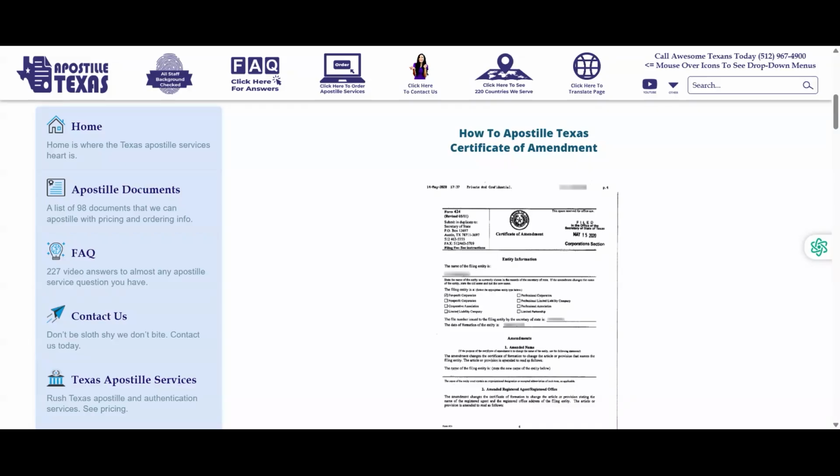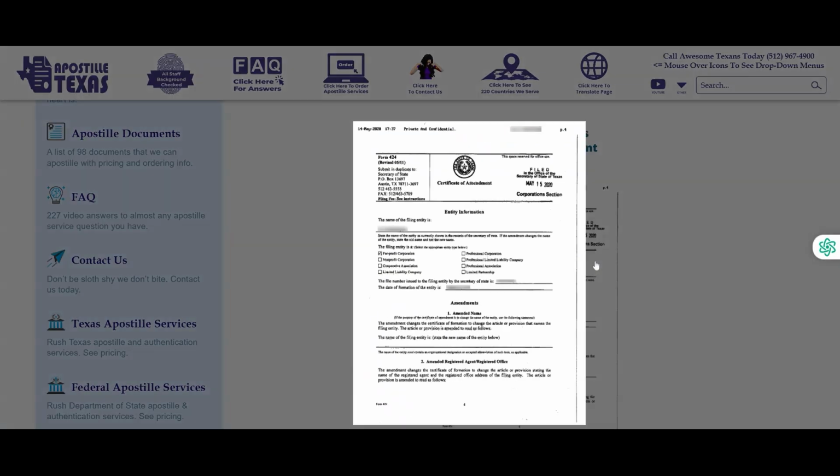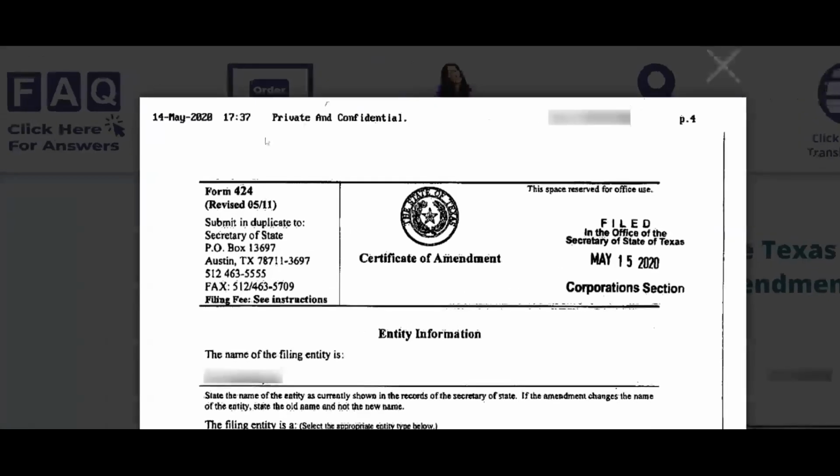If you do not have a unique SOS file number that you were issued by the Texas Secretary of State, we cannot help you apostille it, because the Texas Secretary of State Corporation Division will only issue corporation apostille certificates on documents that they have on file in their database attached with the Texas SOS file number. And this would be what you would have filed in the past. It's Form 424, and this is just called the Certificate of Amendment. And you'll see it says here, filed in the Office of the Secretary of State, Texas, May 15, 2020, and